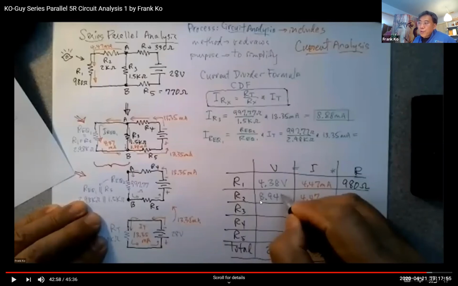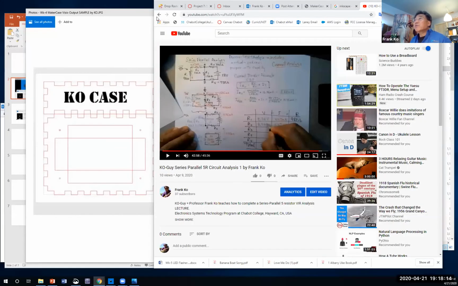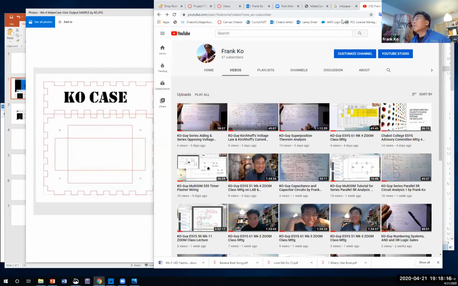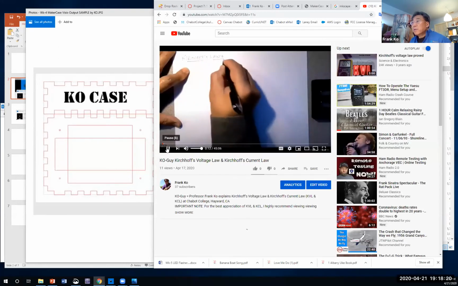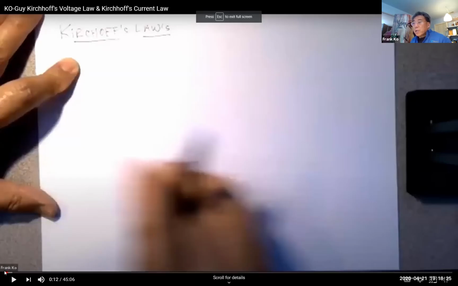How do we prove all of this? We can prove all of this using Kirchhoff's voltage law. So I took my schematic from this particular one, 28 volts, and these 5 resistors, and I used it for my Kirchhoff's voltage law example. So if I go back to Kirchhoff's voltage law, and here's my Kirchhoff's voltage law, I go right to the end,